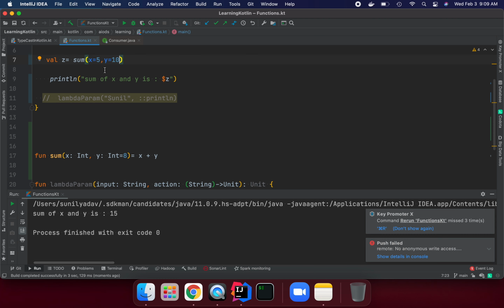Now we can see x is 10 and x plus y is 15, right? Now it's not using the default value. So if you are not passing the y value, right, then it's going to take this default value. So let's remove the y parameter. Okay, and let's run it. So we can see now it's taking the default parameter value whatever we have declared for the y variable. So this way we can omit the parameters.